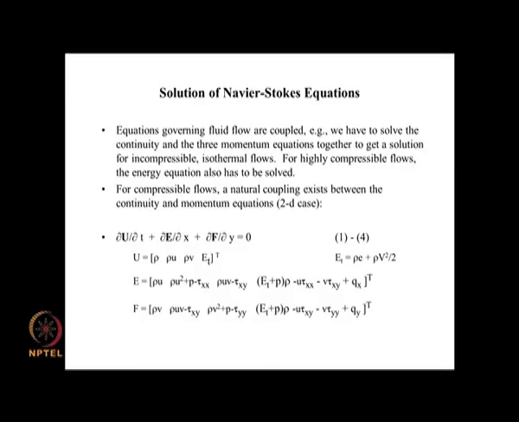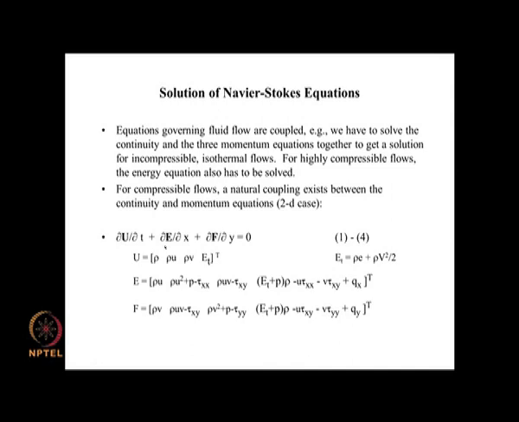Okay, so, we are now looking at compressible flow equations where we take advantage of a natural coupling that exists between the continuity and the momentum equations. So, we are looking at the equations written in a special way. These are nothing but the Navier-Stokes equations and the energy equation, but written in a special way for a 2D case, and the special way is that you are writing this as if it is like the continuity equation, like the one-dimensional wave equation that we considered without any diffusion term.